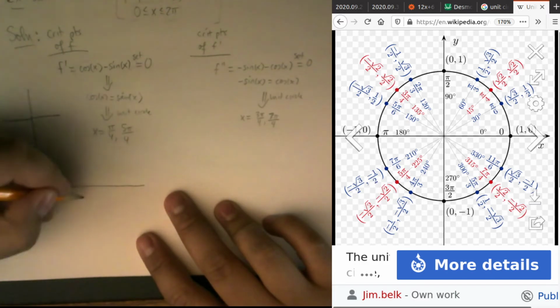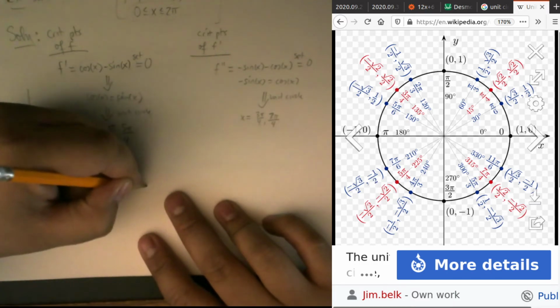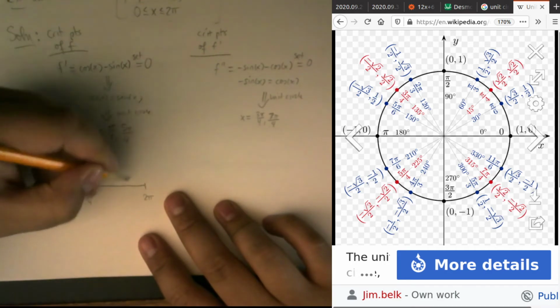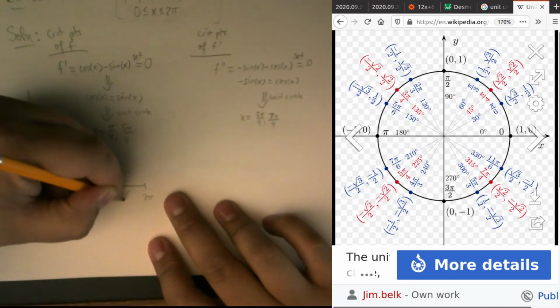I'll put my critical points of f on this graph, and I'm going to put my bounds on x here just to remind myself to never exceed them. So here's pi over 4, here's 5 pi over 4,